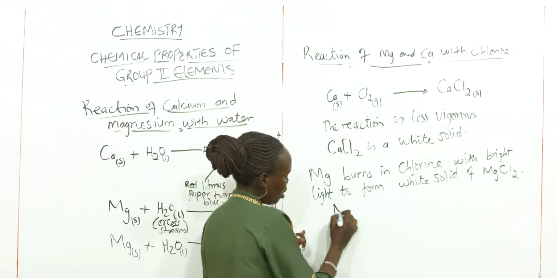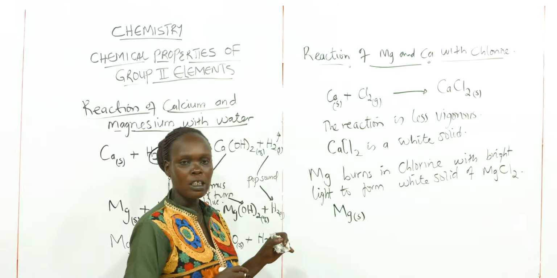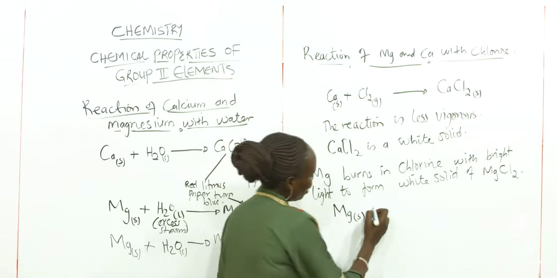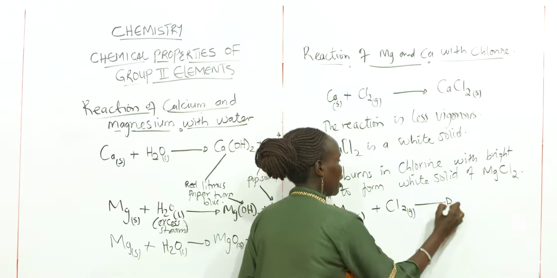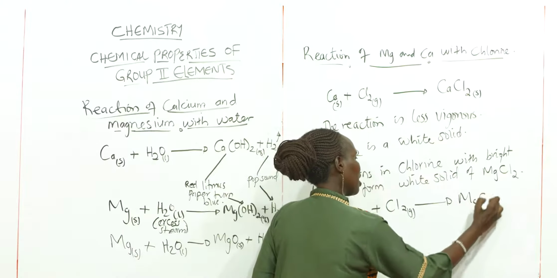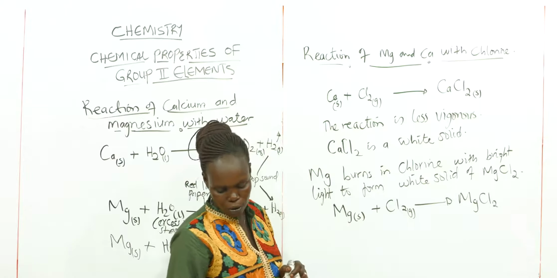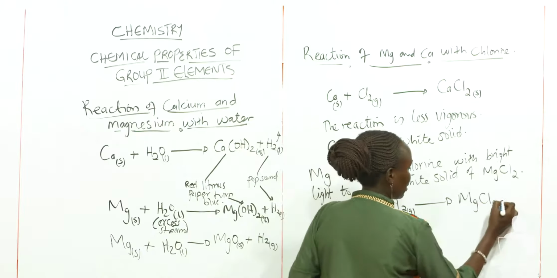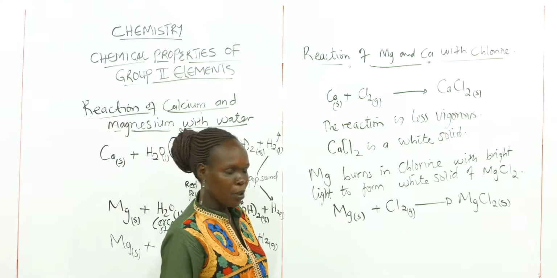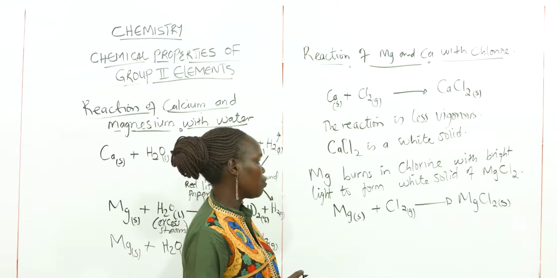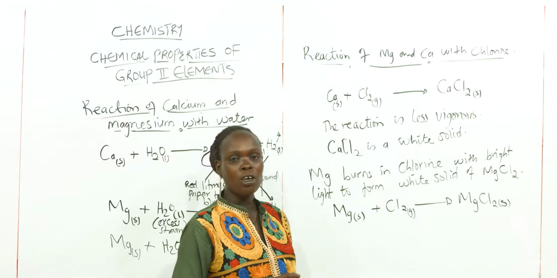To represent this reaction, magnesium, which is a metal, is represented by S to show that it is in solid form, plus chlorine gas, it will give us magnesium chloride. And here magnesium chloride is a white solid, which means we represent it by a small letter S to show that a solid is being formed. So this white solid is formed as you expose magnesium to burn with chlorine, and this gives us